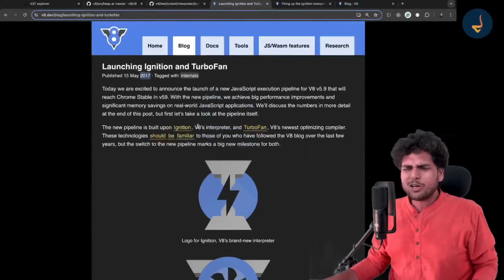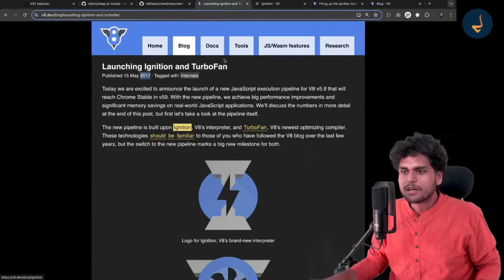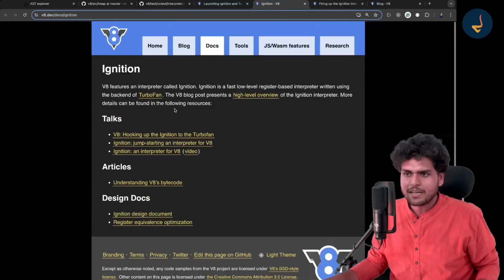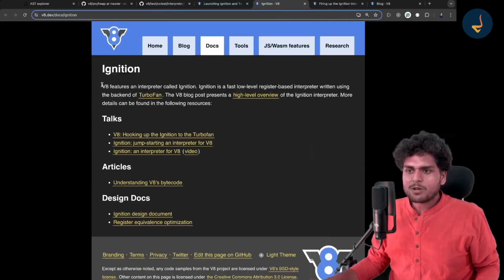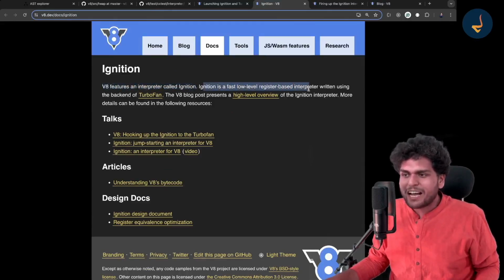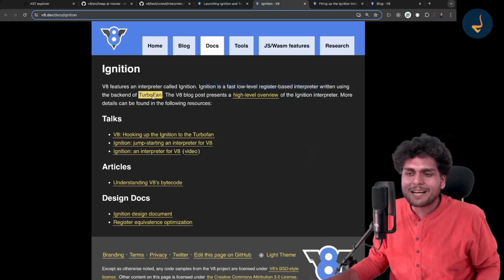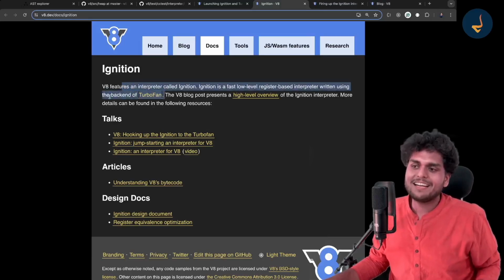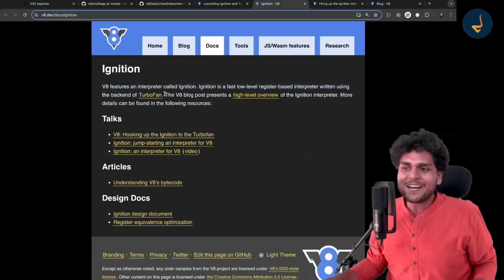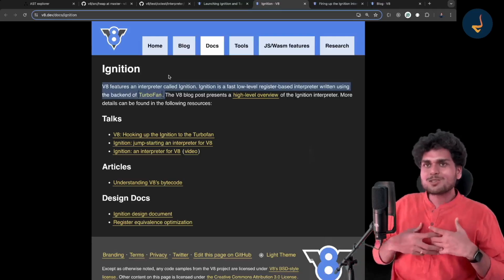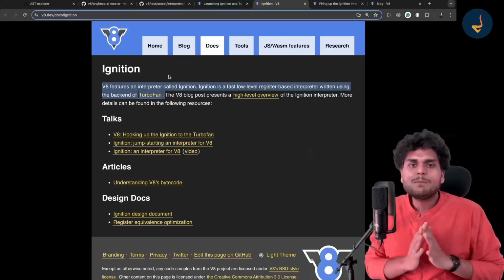You will get a lot of things, right? Go to these links also. It will explain what Ignition is, right? See, this is the Ignition interpreter, and read about it. See, V8 features an interpreter called Ignition. Ignition is a fast, low-level, register-based interpreter written using the backend of Turbofan, right? Now, you know, this one line is making me so curious to explain a lot to you, but for now,